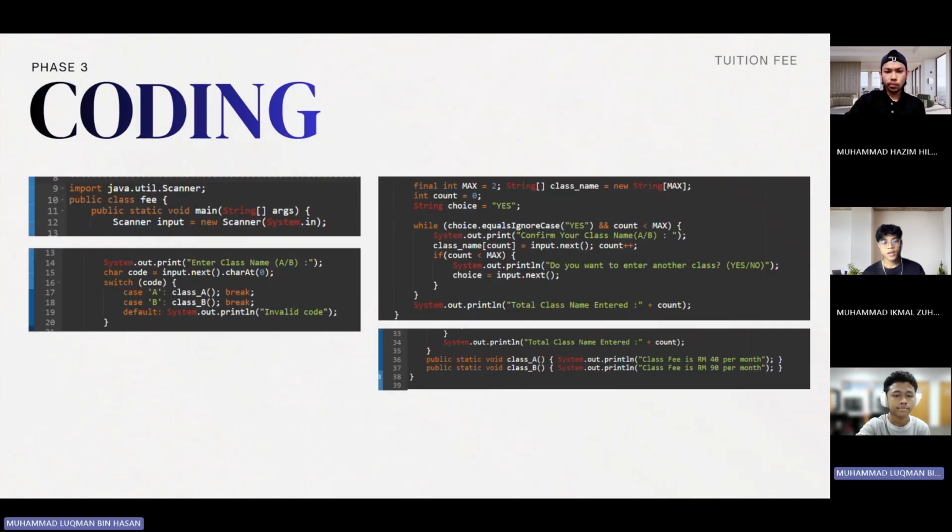Thank you, Hazim. I will now present phase 3, which is the Java code. We start by importing the Scanner class for user input. In our main method, we ask the user to enter the class name, A or B. We use input.next().charAt(0) to capture the character, and we implemented a switch case statement. As you can see in the code, case A triggers the class_A() method, and case B triggers